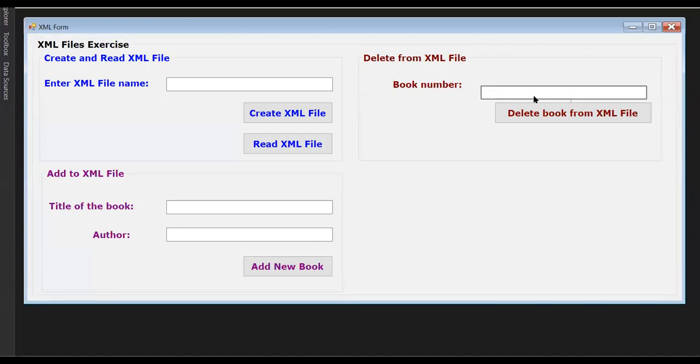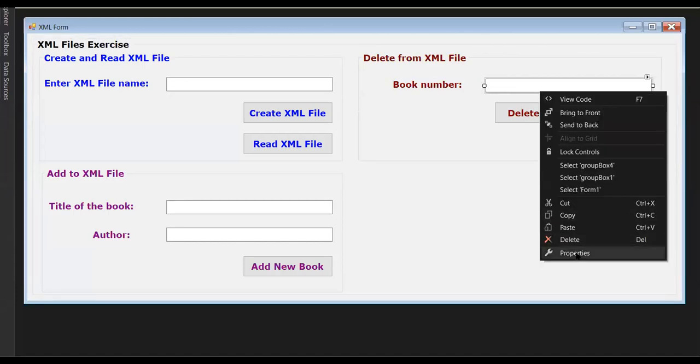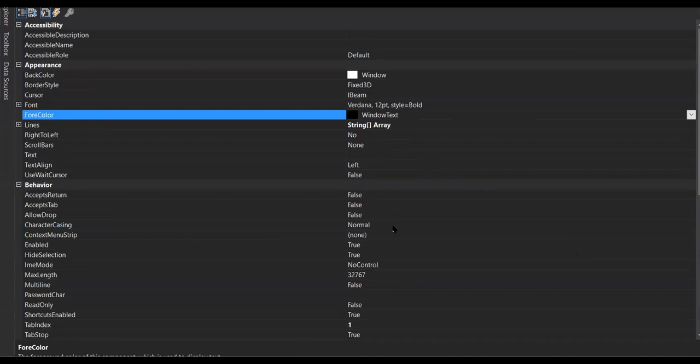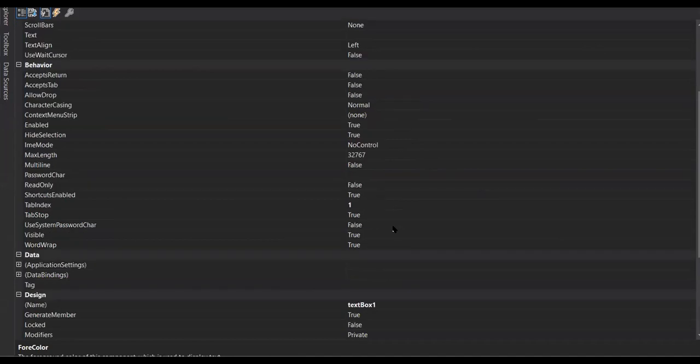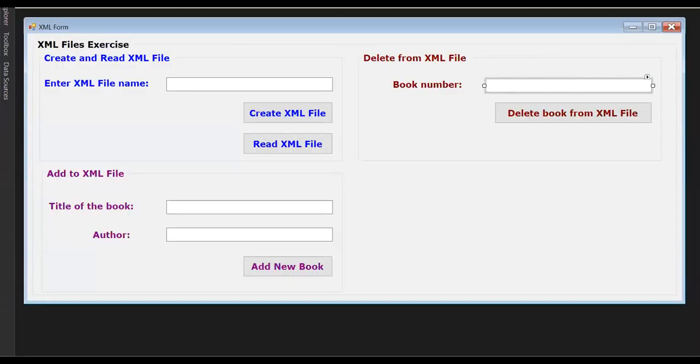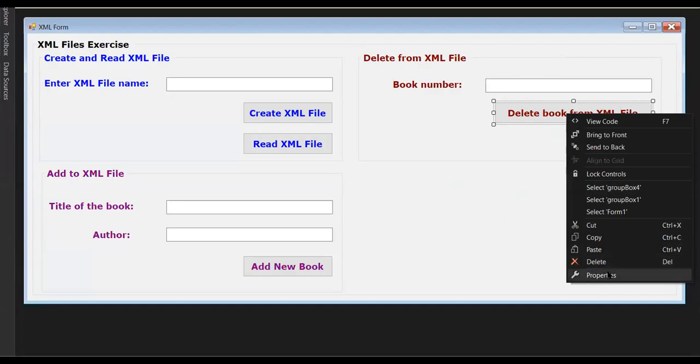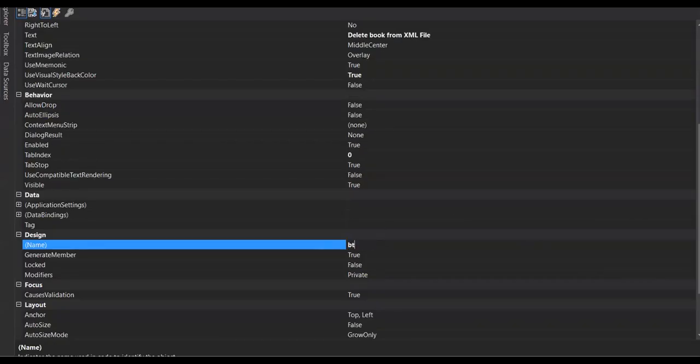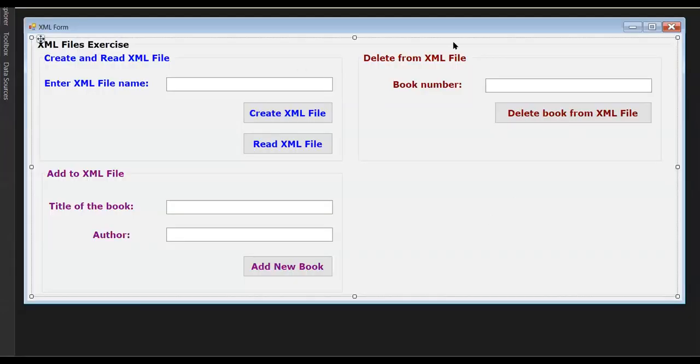Delete from XML file. Now the thing that we need to do in here is change this to txt book, so you can keep things organized. Right, and this one will be button delete XML. I'm actually going to create the last one,